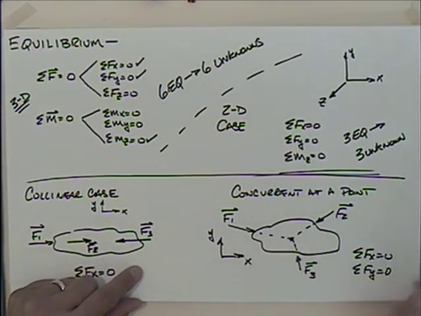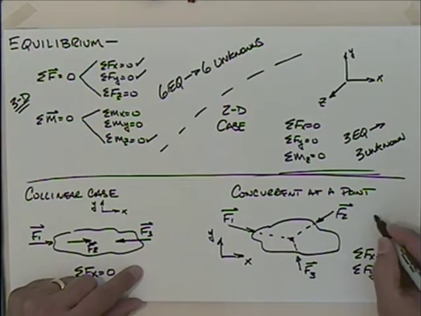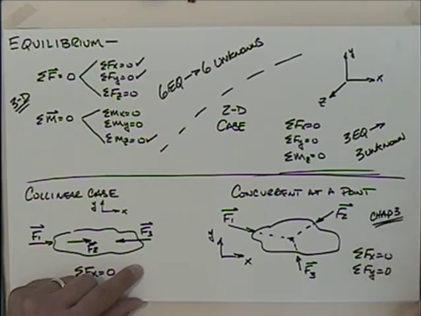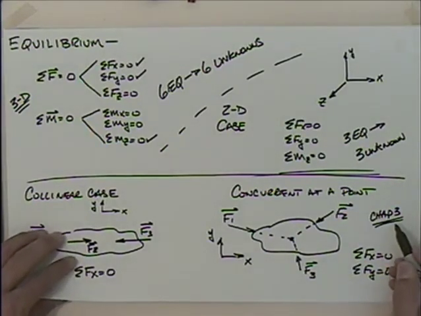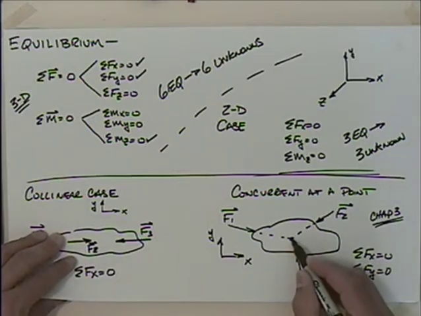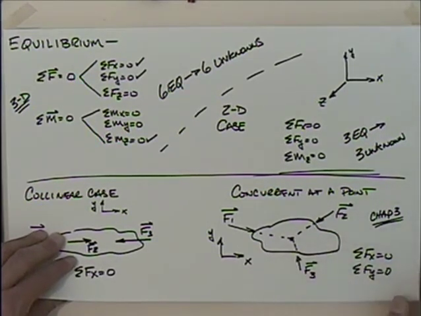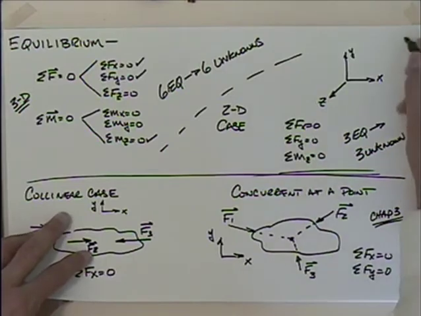One of these would have to be known if we were to find the other 2. And this, in fact, if you're going through your reading and trying to figure out what's the difference between Chapter 3 and Chapter 5, why are we skipping around, this is Chapter 3. It comes before the moment. We went ahead and studied and talked about moments, so we can do 3 and 5 simultaneously. But Chapter 3 does not deal with moments because they are all concurrent at a point. There is no moment produced. Well, we could continue on if we wanted to